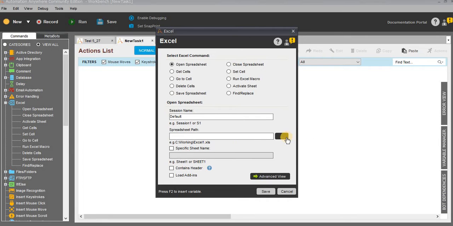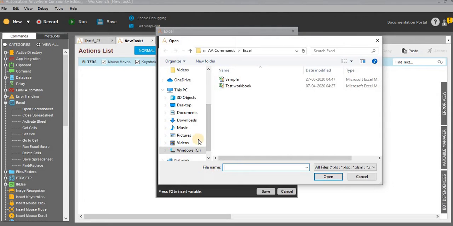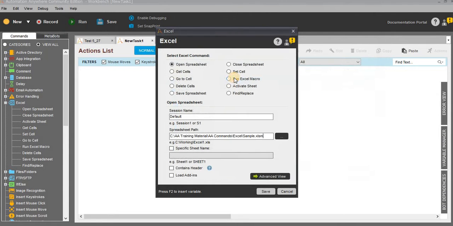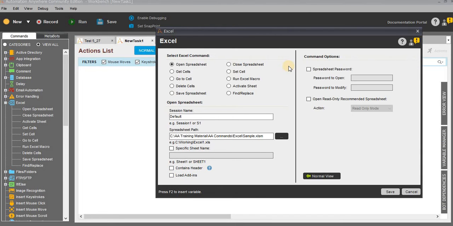For the spreadsheet path, just click on the 3 dots, then go to your folder and select the particular file. So I have selected it. After that don't check any check boxes, like specific sheet name or contains header. And if your workbook has a password, just check this check box, password to open and password to modify, and update your password details.